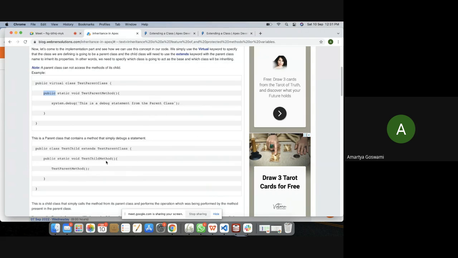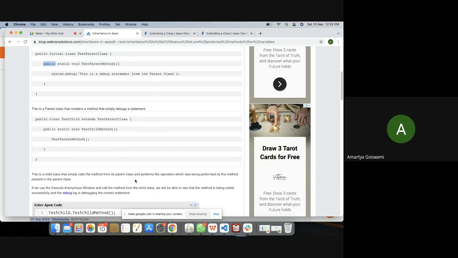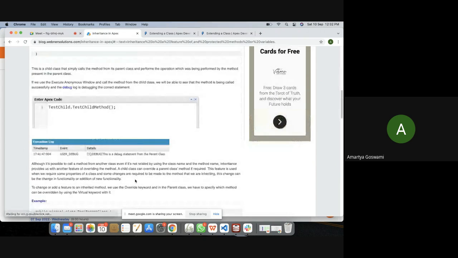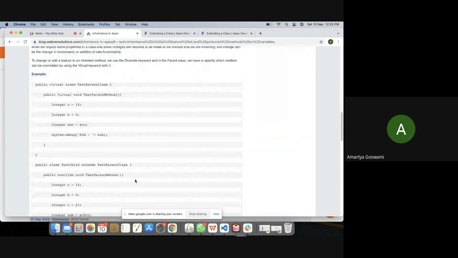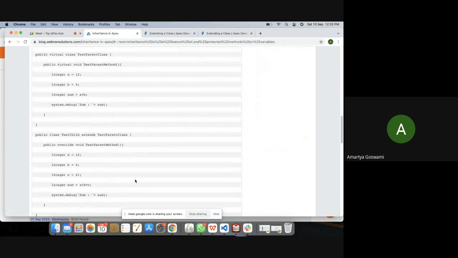Okay, so as I was just telling you, when you are extending any class, in your child class you can access the properties of your parent directly, as simple as that. That is the important part. Now the important thing is that